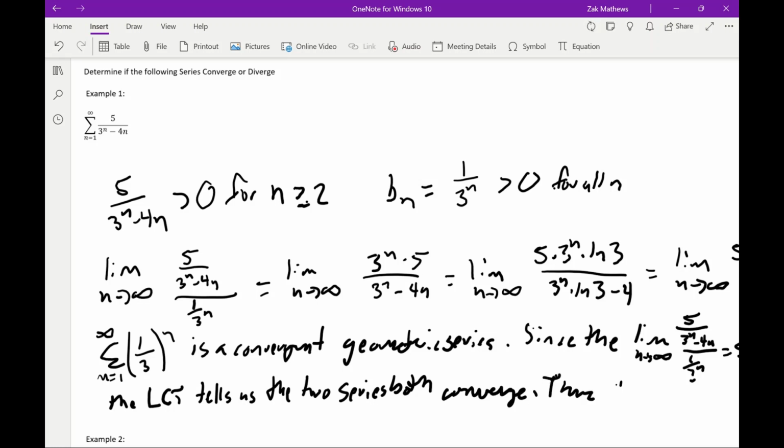Thus, the series we start with, the series n equals 1 to infinity of 5 over 3 to the n minus 4 to the n, 4 times n,